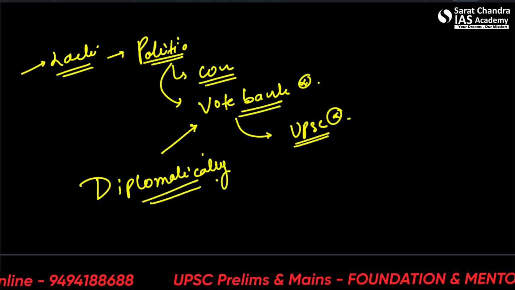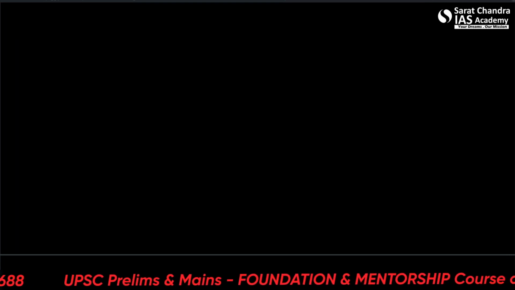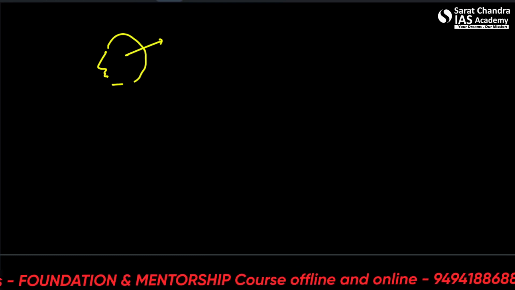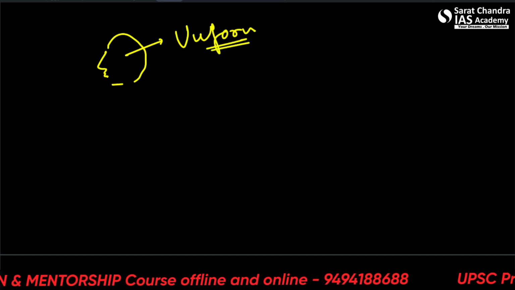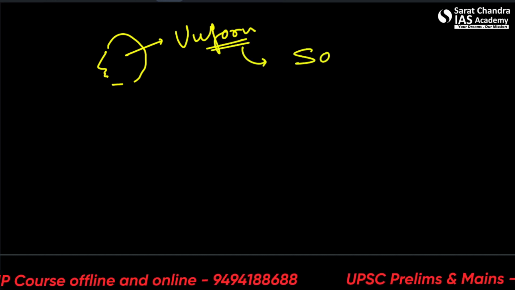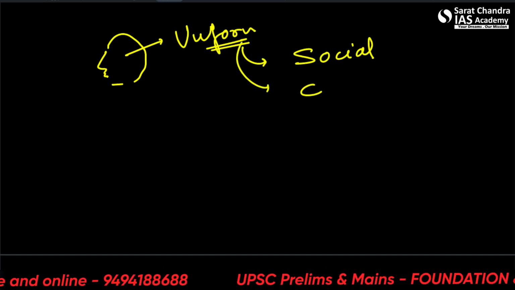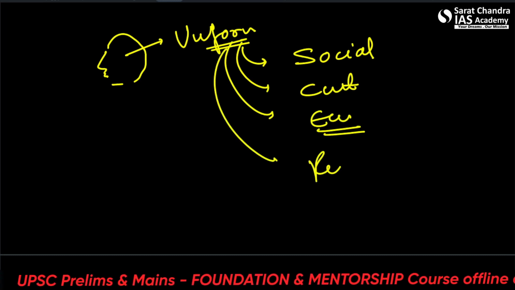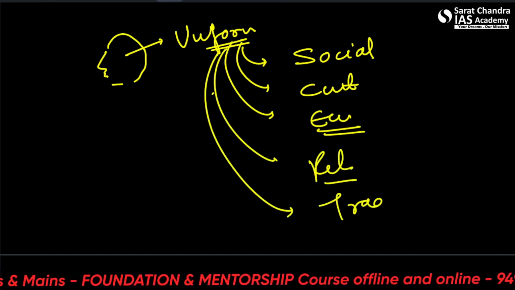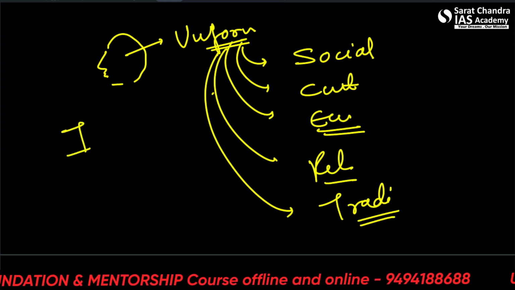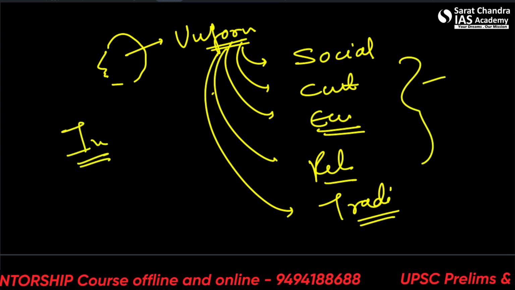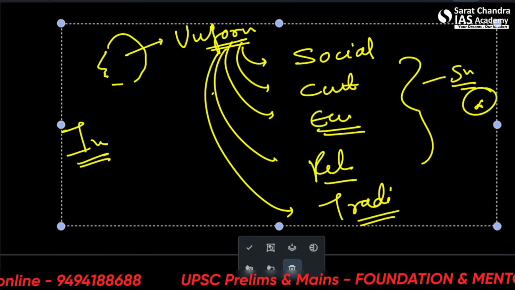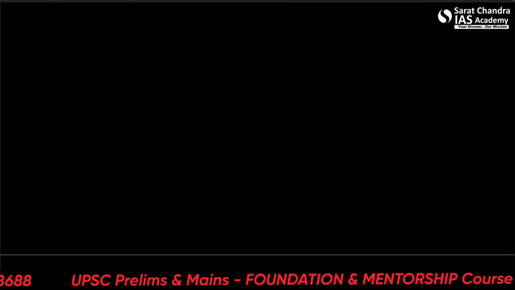Now another thing, when we talk about the implementation of the UCC, the basic idea that the UCC serves is uniformity. But when we tackle the issues such as the socio-cultural diversity, social, cultural, economic, religious, traditional, then when we are implementing the UCC, they all have to be taken care of, surveyed. The code will have to be drafted, harmonizing and rationalizing the various personal laws and practices in India.